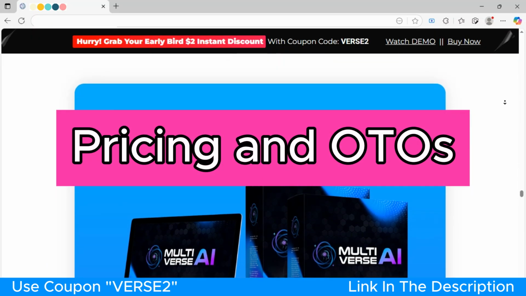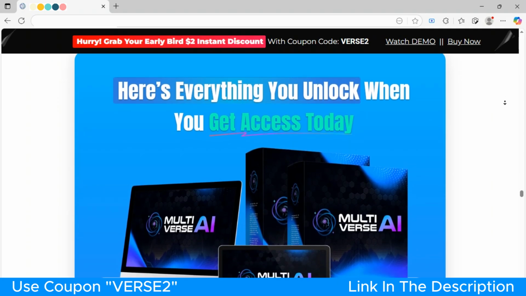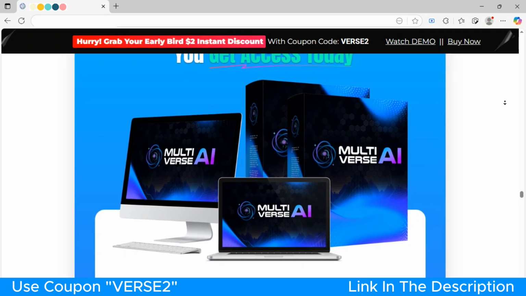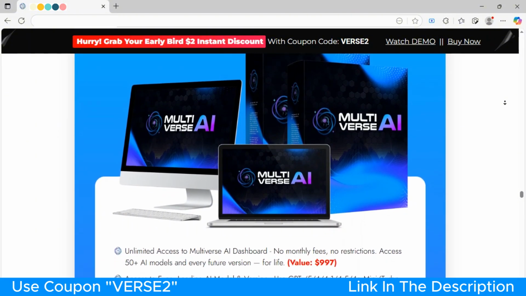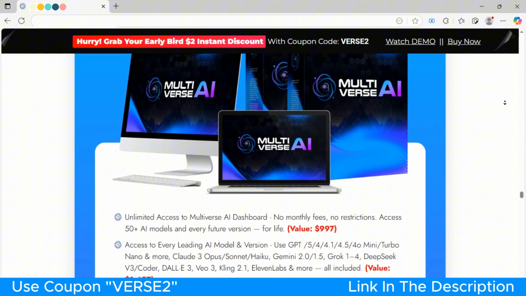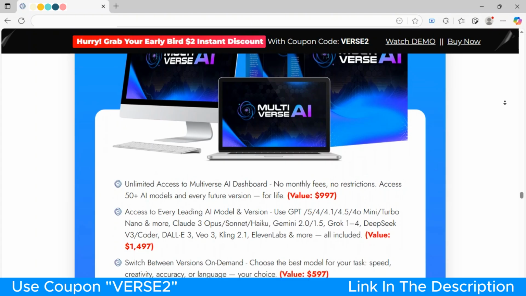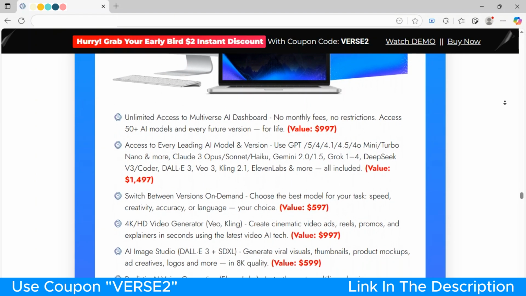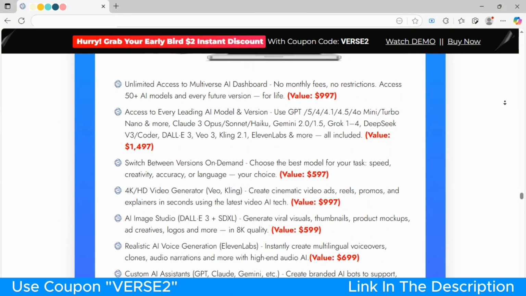Pricing and OTOs. Multiverse AI is available for a one-time payment of $14.95, giving you lifetime access to 20-plus top AI tools, future model updates, and commercial rights. No monthly fees. You can use code VERSE35 for 35% off the entire funnel, and there's a 30-day money-back guarantee